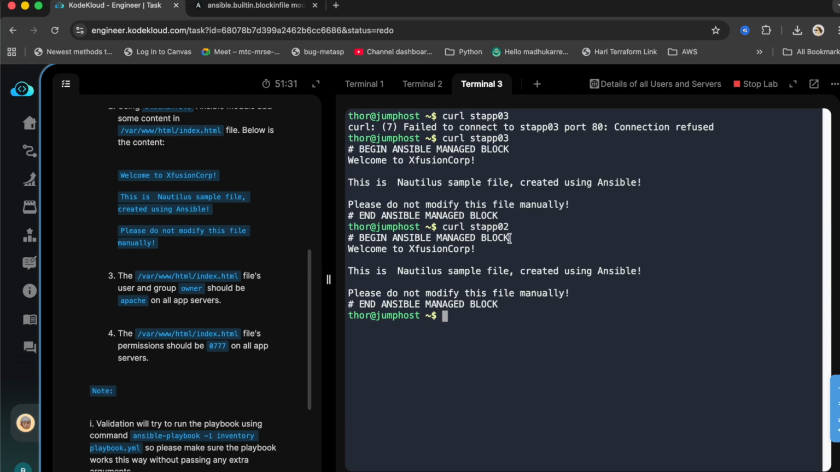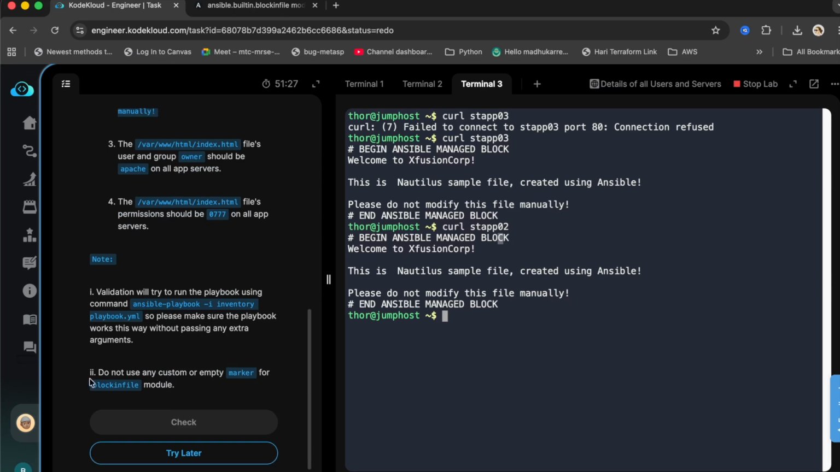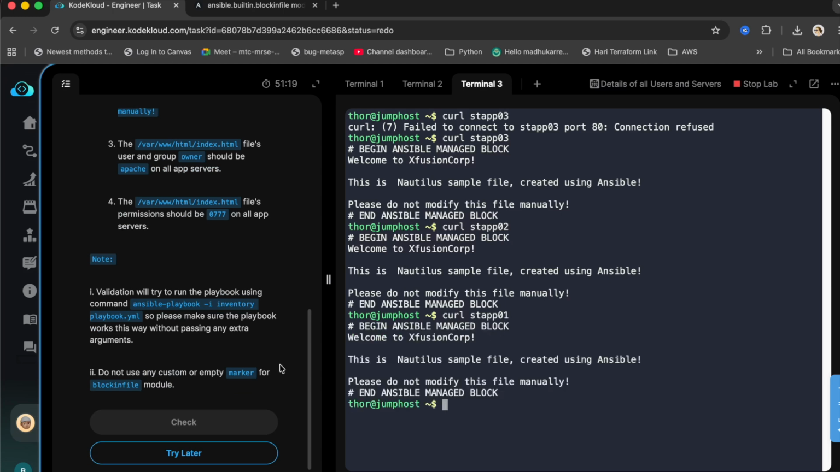Now these are markers, so even we can remove them, but as per the task, you're not supposed to use any marker. App server 2, 1, everything is working fine. If you click on check,